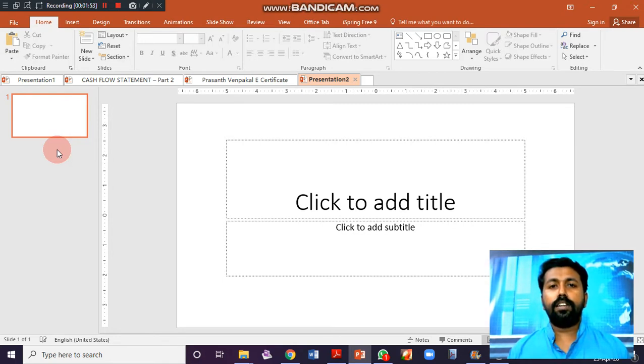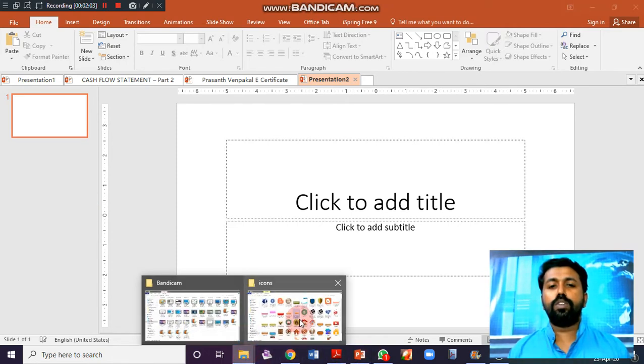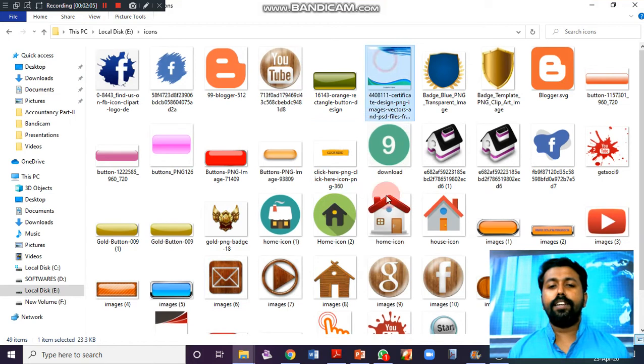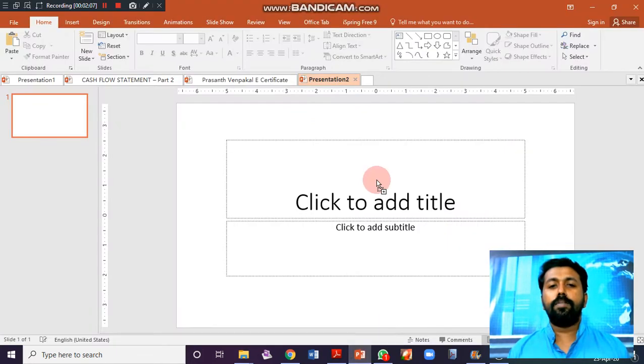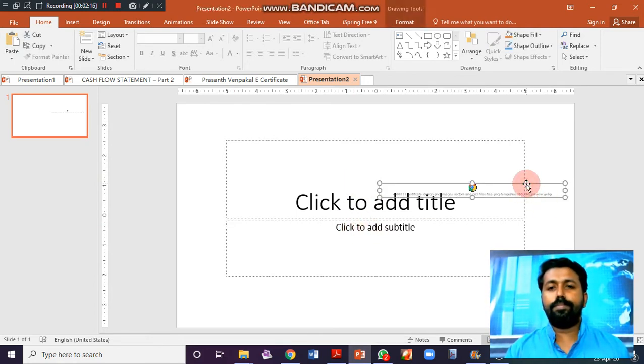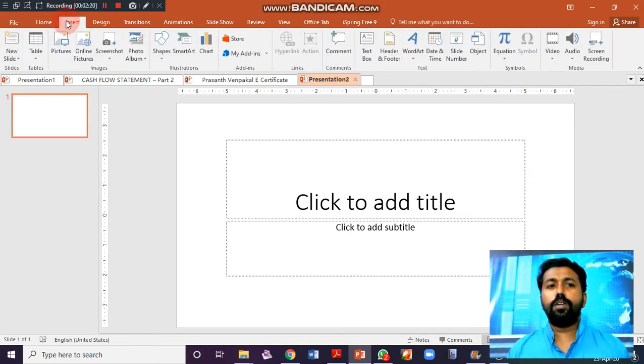So today, just watch how simply we can create one certificate file. I had saved some files here. I am going to select the background template, just dragging here. By the insert option, I am going to insert the picture.